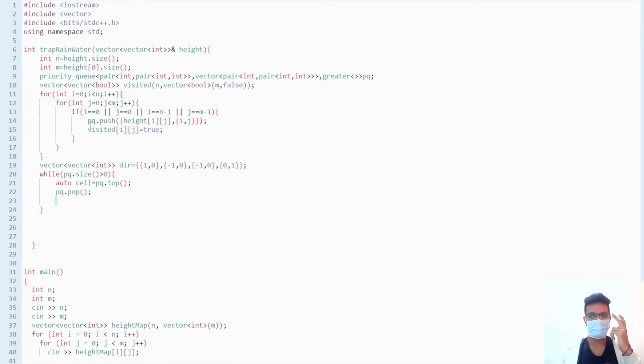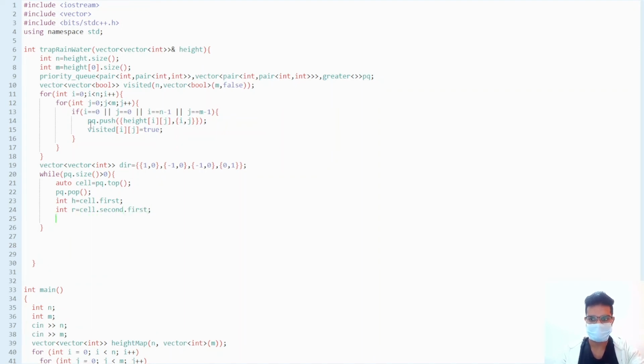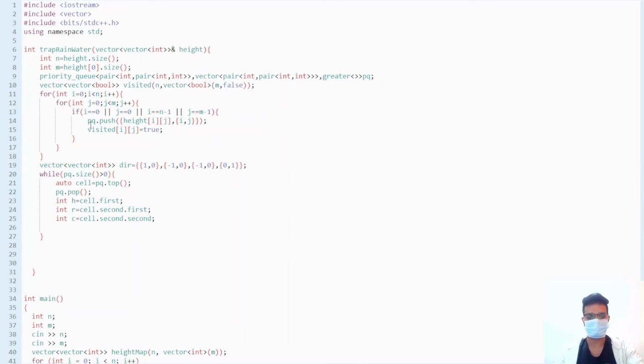So now what I'm going to do is get its height, its value, its row and its column. So int h equal to height. Height is equal to cell dot first. Its row will be equal to cell dot second dot first. And its column will be equal to cell dot second dot second. Okay. So now that we know the priority queue element, height, row and column, now we are going to traverse